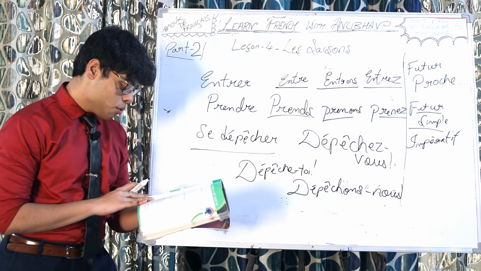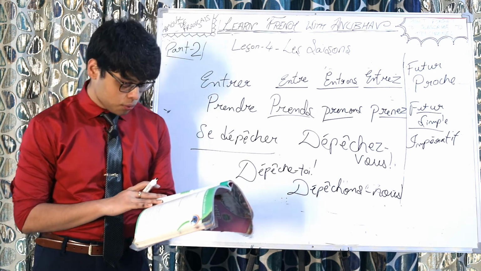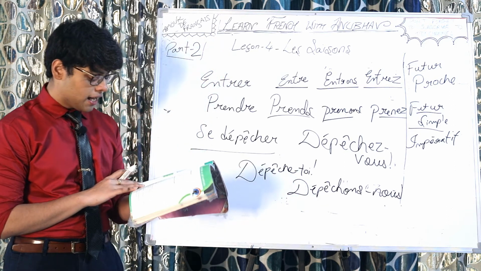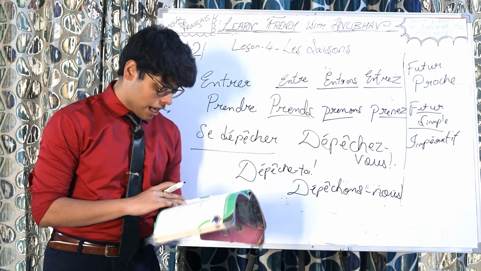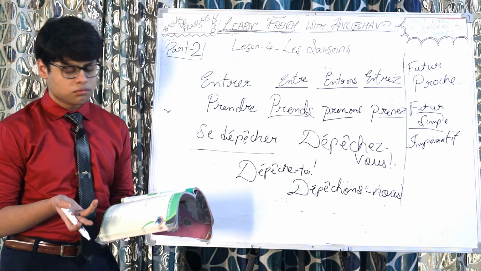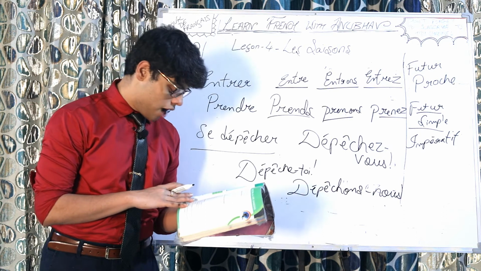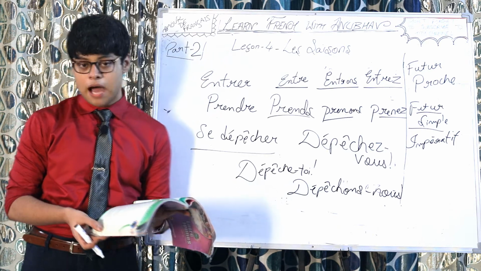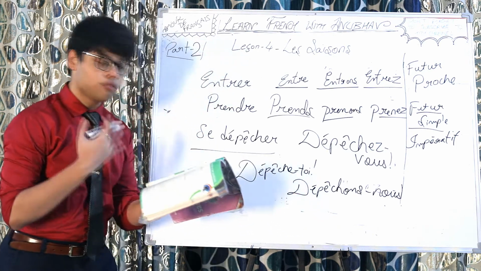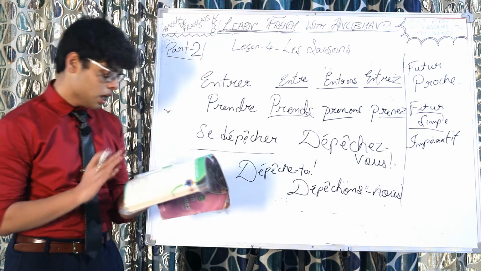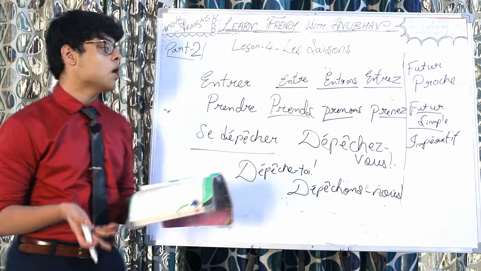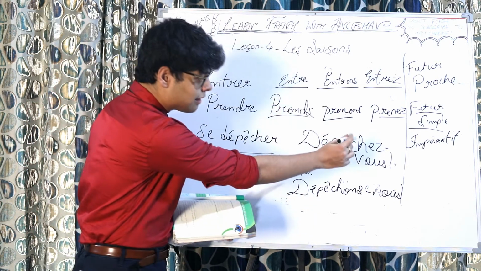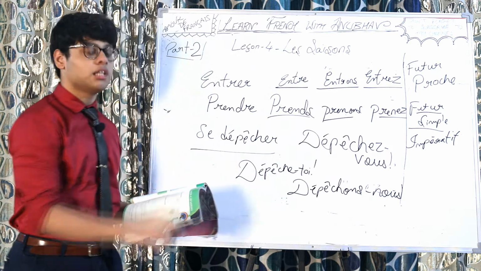Vouloir: veuille for tu, veuillons for nous, veuillez for vous. And then aller: va, simple enough. That's for the verb aller. Va for tu, allons for nous, the same as present tense conjugation, and allez for vous. So these exceptions are discussed in brief, in written form, in this imperative video. Do watch it, the link is in the description.